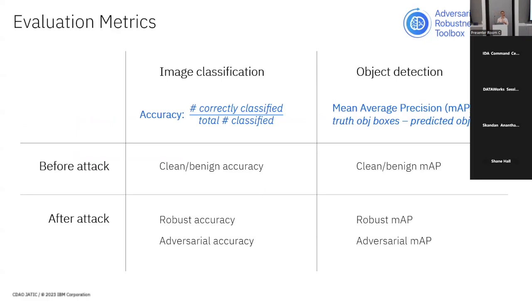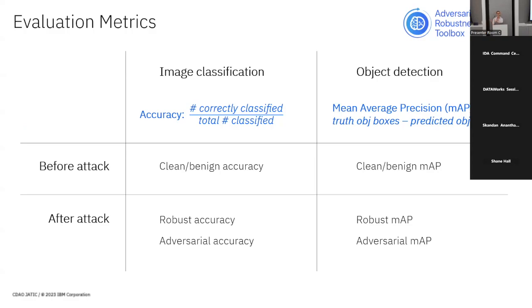When we look at evaluating how a model is doing before and after attack, as I mentioned, we have this focus on computer vision models. So we're looking at image classification and object detection. For image classification, we use accuracy, number correct out of total number. And for object detection, we use mean average precision. This is MAP. It's the difference between the ground truth object detection boxes and the predicted object detection boxes that